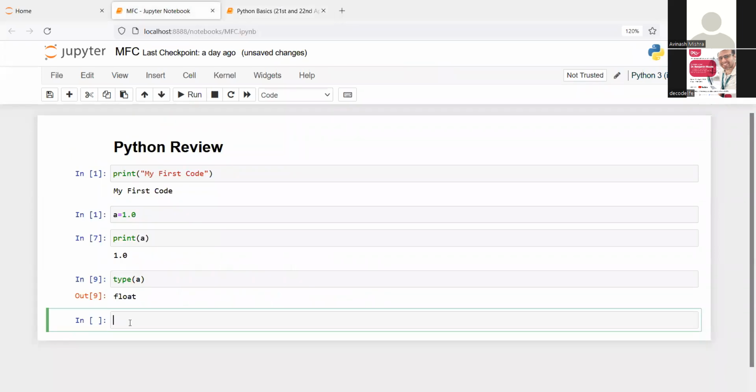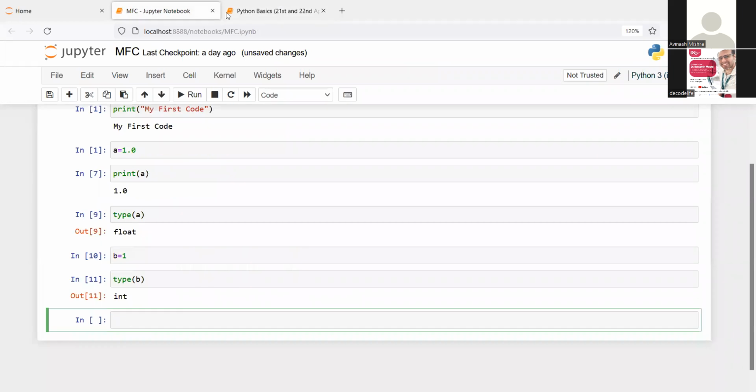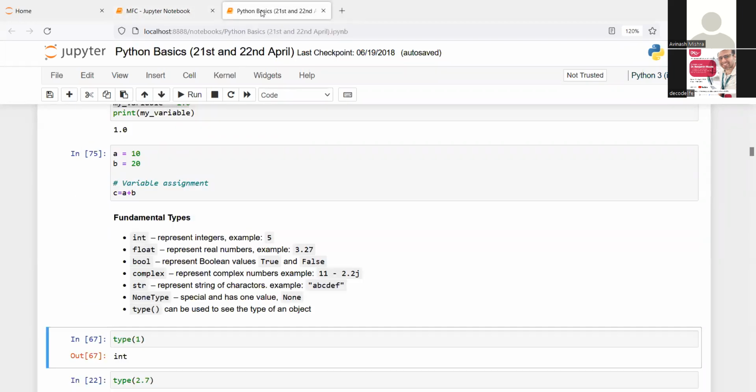Suppose I'm saying b equal to 1 and executed it, and then I ask, what is the type of b? What will be the type of b? Integer, right? So it is integer, although 1.0 and 1 are both the same. And then we have booleans, which we know are true or false. When we have two outputs, true or false, that is called bool. And then complex,